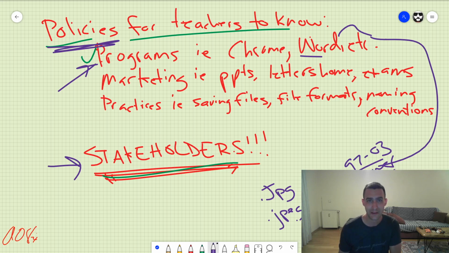Because frankly, when it comes down to it, it doesn't matter if the student sees an MP4 or an AVI so long as their device plays it, and most devices will play both. But as teachers, that might be very confusing. We might look at that and be like, my God, I don't know. Let me search Google and figure out which one I should use. Well, now, is it 720p or is it 1080p? That's another thing that you ought to standardize upon. Should I do it at PAL or NTSC, right?